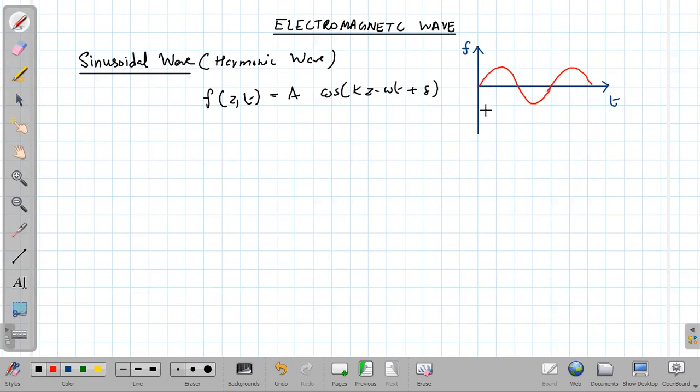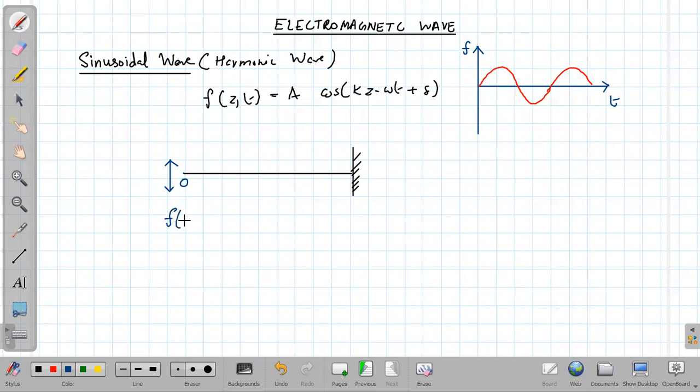I think it would be better to give a detailed explanation of how we get this sinusoidal wave. So for that, consider again the stretched string example. Consider a stretched string fixed at one end and free at the other end, and we are going to oscillate the free end. The free end location we can put as 0.